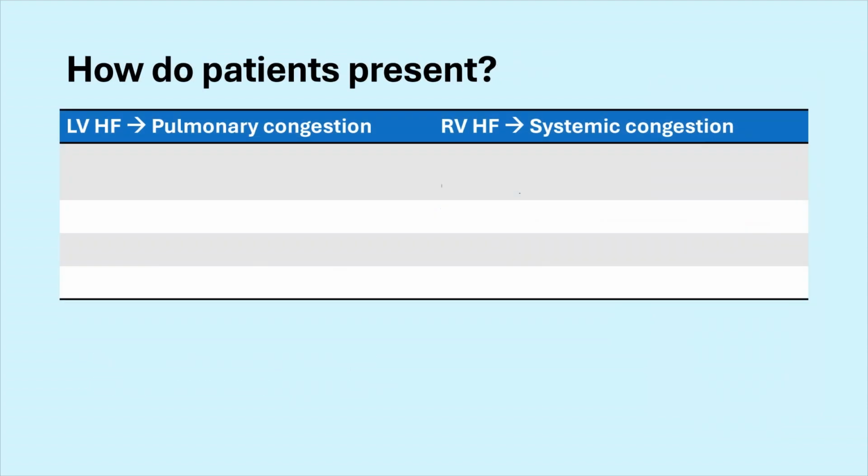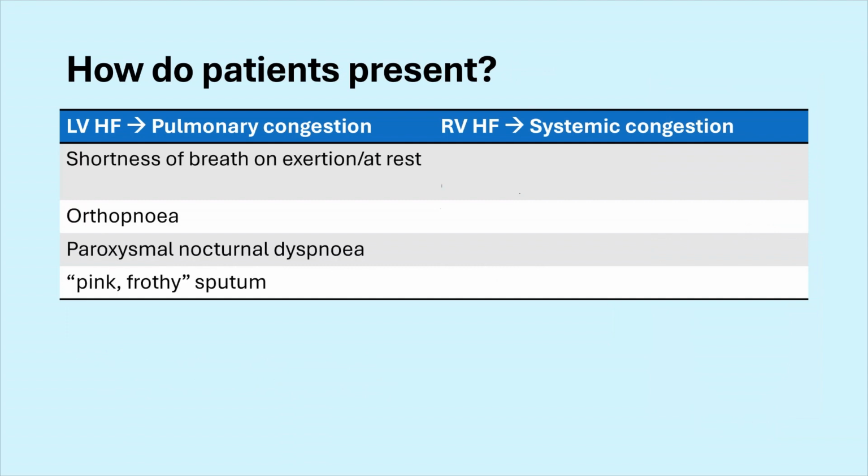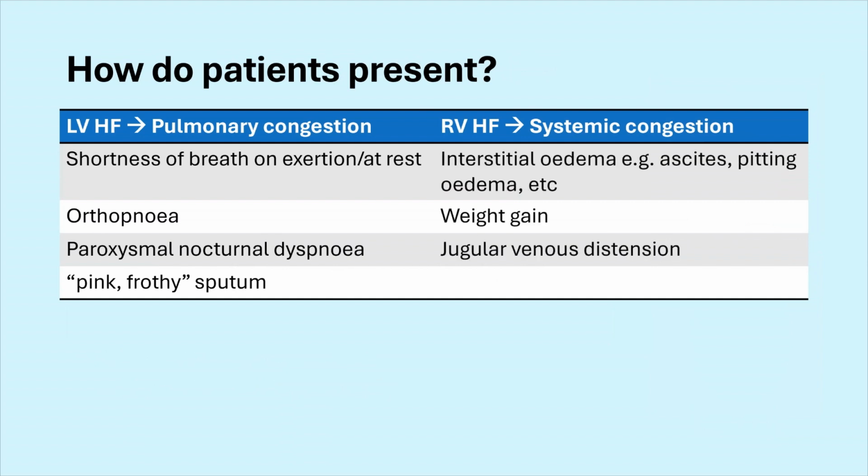Now, how do patients present? You can divide the symptoms into left-sided and right-sided heart failure. Generally speaking, people with left-side heart failure present with symptoms of pulmonary congestion. These include shortness of breath on exertion, or orthopnea, nocturnal dyspnea, and coughing up pink frothy sputum. In people with right heart failure, they present with signs of systemic congestion, which includes interstitial edema such as ascites, pitting edema, etc., and jugular venous distension,